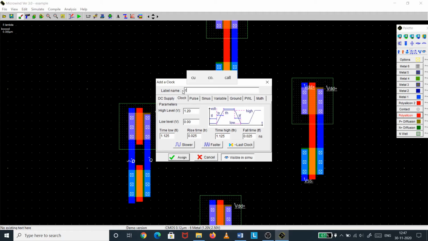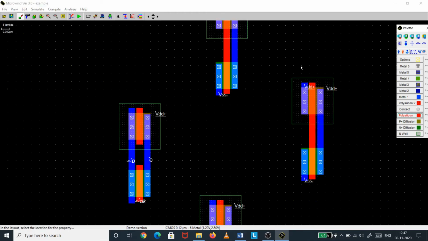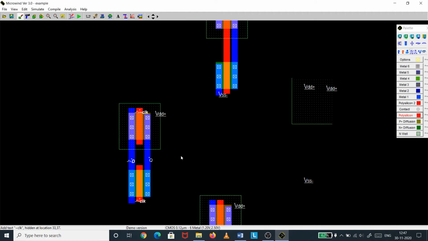So when I say CLK, check high level is 1.20, low level is 0.00, and the time period of my clock signal I will try to keep minimum, so 0.220. Okay, so this is my clock. Now clock bar. I am giving clock bar. So not visible in simulation, and just inversion of the last clock assigned.